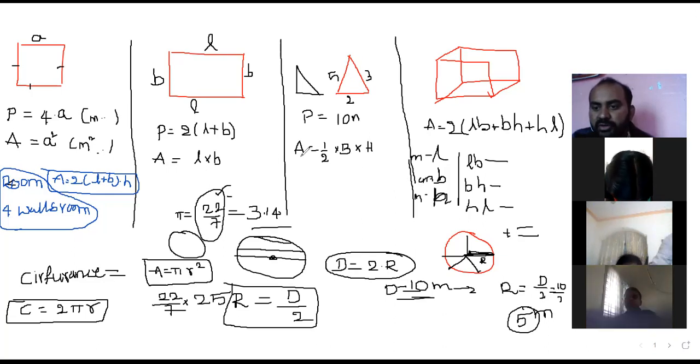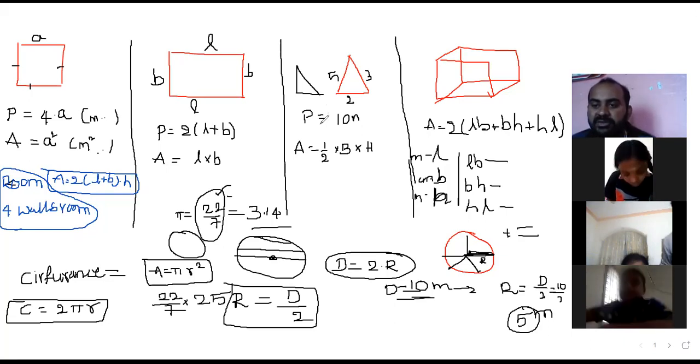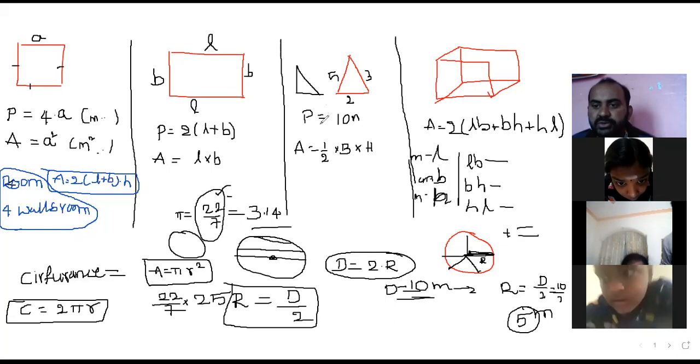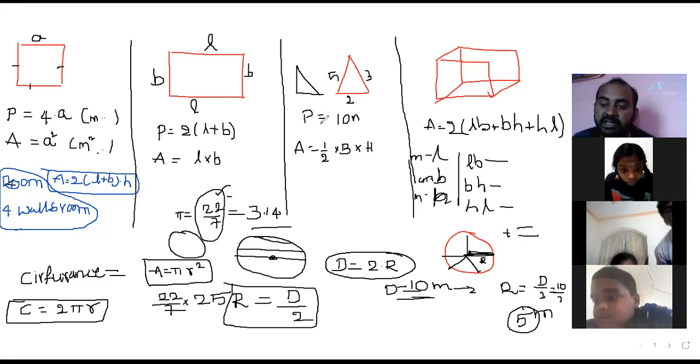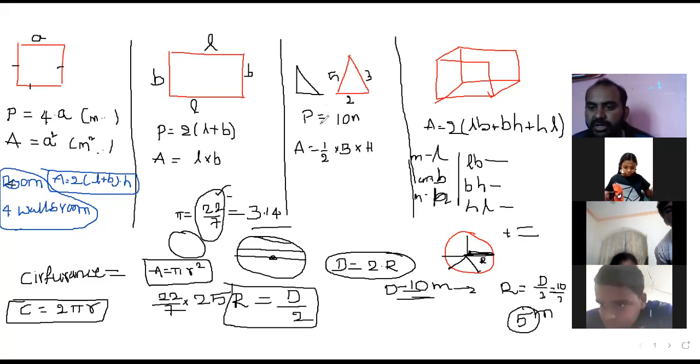Yeah, everybody open your Navodaya books. Go for the area perimeter topic. This is only area perimeter. Don't go for the volume. After completion of this, then go for the volume. I will tell you later. First, you finish the area perimeter topic. Open your Navodaya books and see the previous year questions. First, do the previous year questions. Then you can get the knowledge of how they will ask. Do it fast.